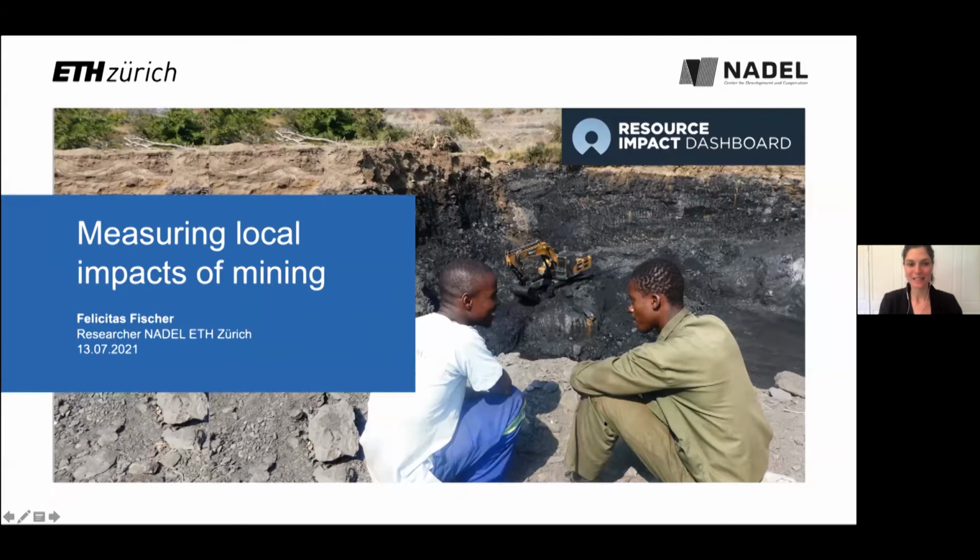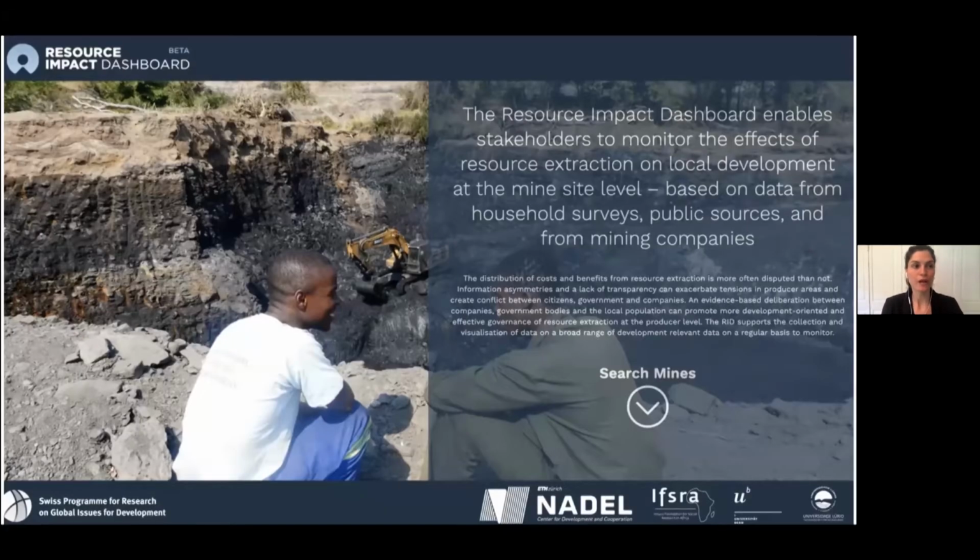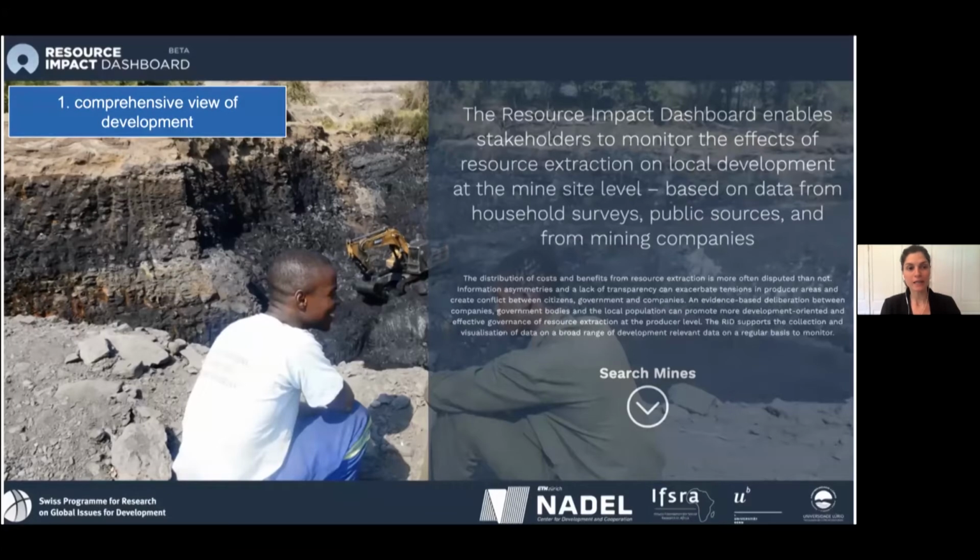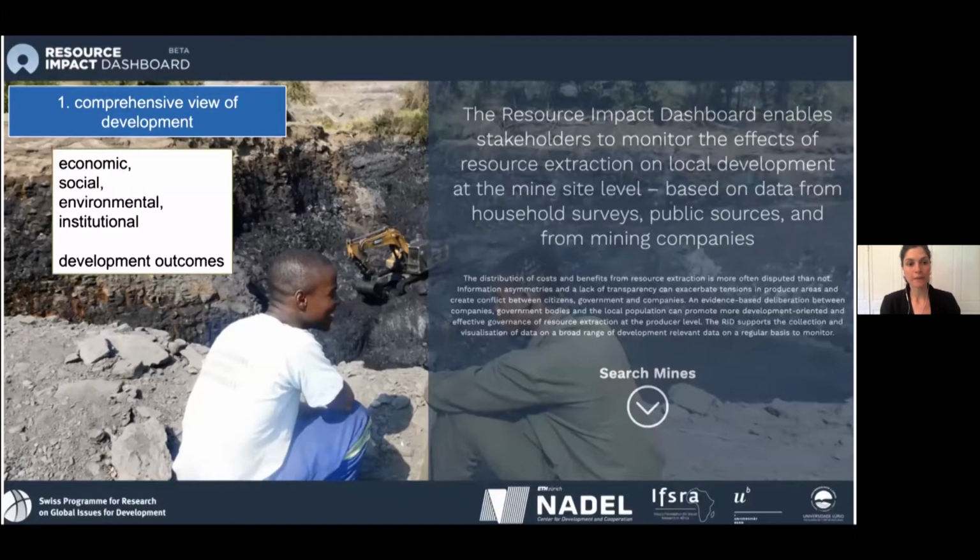Hello, everyone. It's a pleasure to introduce to you the Resource Impact Dashboard. The Resource Impact Dashboard is an online accessible tool to monitor local development impacts of mining. It has basically three main features, which I'm going to quickly show you. First, it encompasses a quite comprehensive view of development, meaning it has economic, social, environmental, and institutional development outcomes that